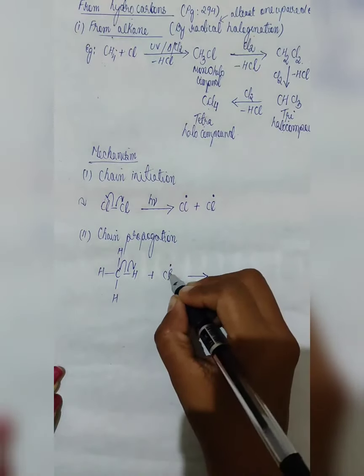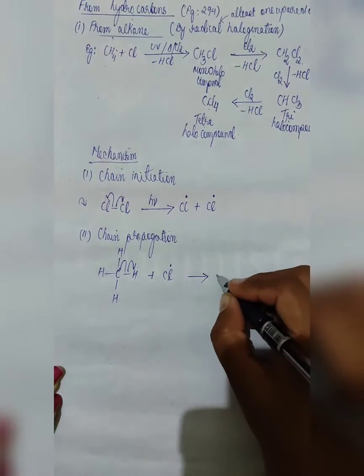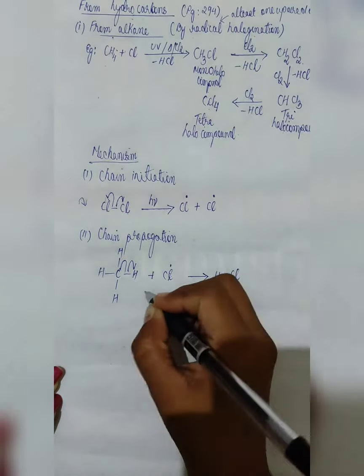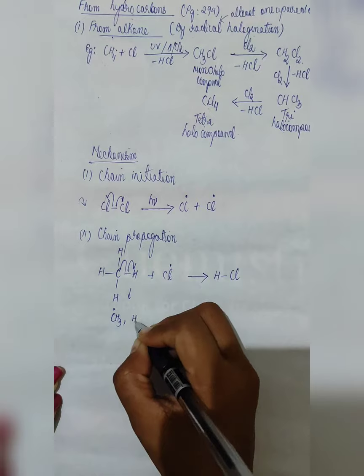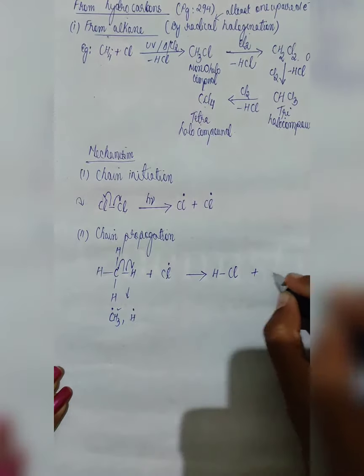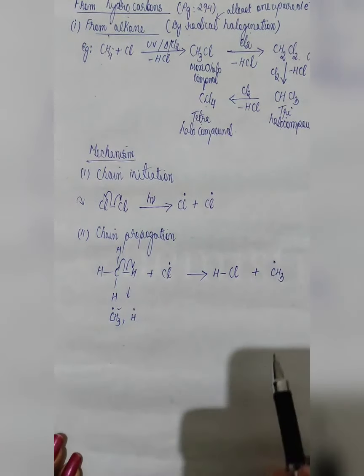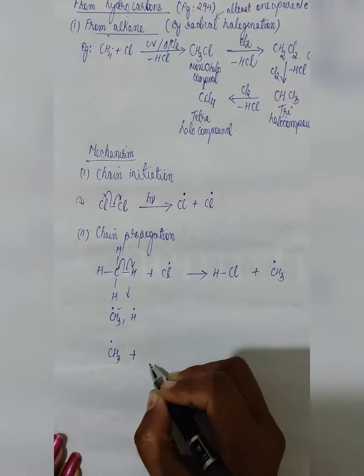So the chlorine radical reacts with the hydrogen radical to give HCl. Now this one, upon homolytic cleavage, you will get CH3 radical and hydrogen radical. Radical reacts, gives a compound, and we are left with what? This CH3 radical. The methyl free radical formed is highly reactive. Now it will not stay silently here, it will want to react again. So what it does is it goes and attacks a chlorine molecule. So the next step will be the methyl radical will attack Cl2.